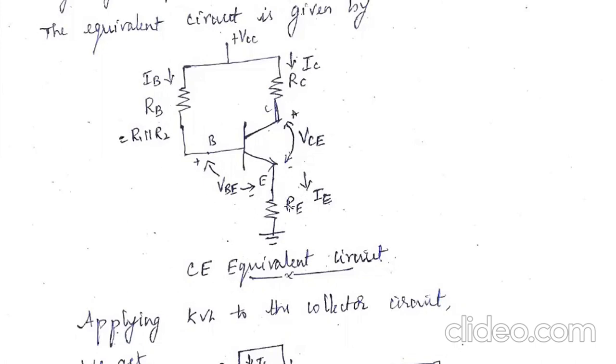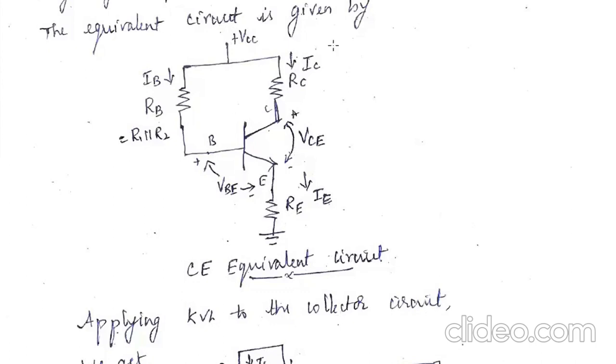So this circuit is already in a DC bias condition because the capacitors and the AC signal have been removed from the circuit. Now let us see the analysis of the fixed bias circuit. We are going to apply KVL to the collector circuit. The output side over here is considered to be the collector part. It runs from VCC through RC, VCE, RE and the ground terminal. This particular part is considered to be the output circuit or collector circuit.